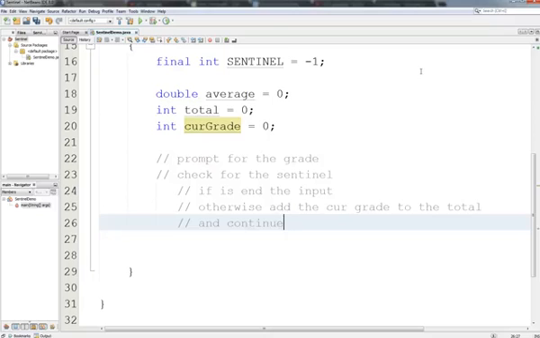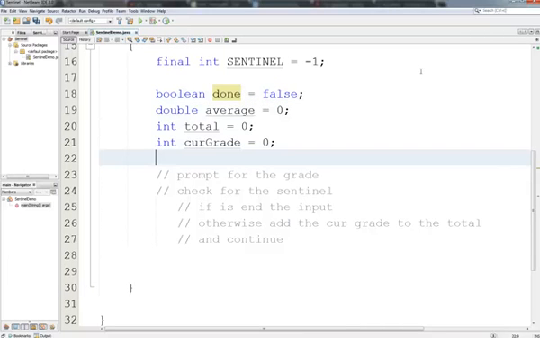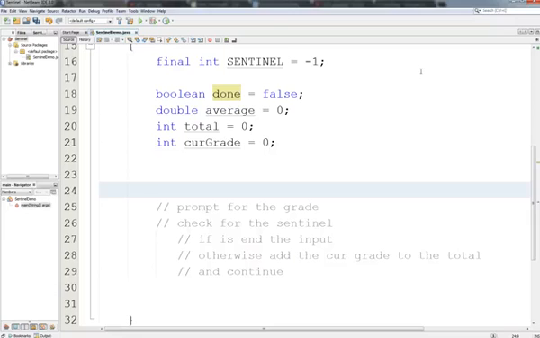So we do need a variable to control our loop as well. Let's go ahead and create a boolean for this. Boolean done equals false. Okay? Basically that means that our loop will be something like while not done. So not done is true. So while not done would mean run. All right, so this whole thing is in the loop, so let's start with the loop. So while not done,